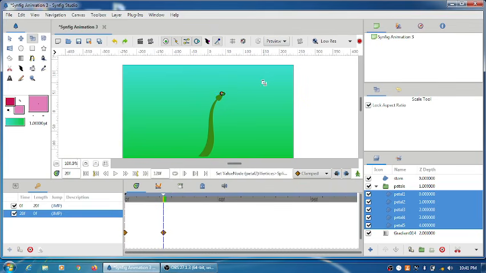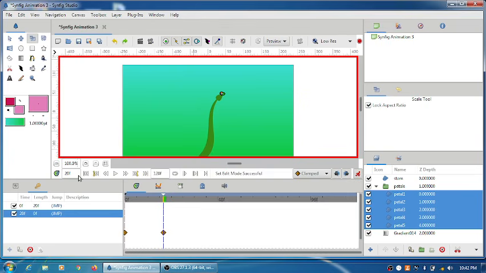So at the frame number 20 I don't want any of the petals to appear. Now I'll just turn on the animation. I'll just click on the frame number 25.